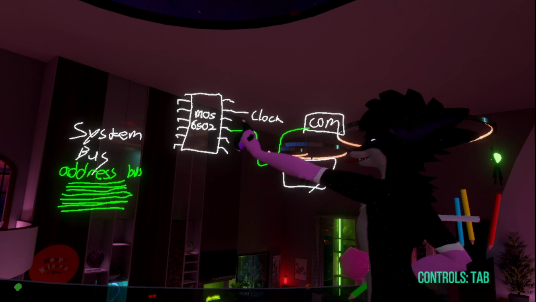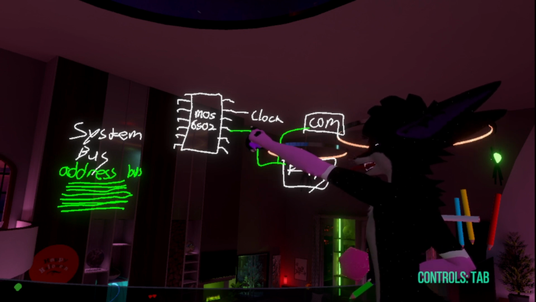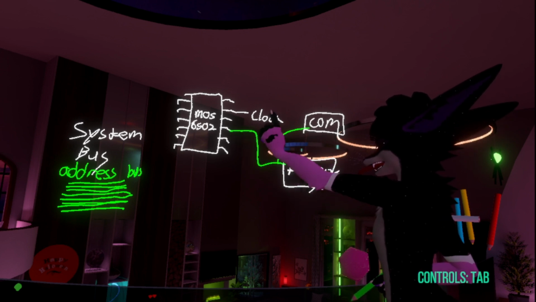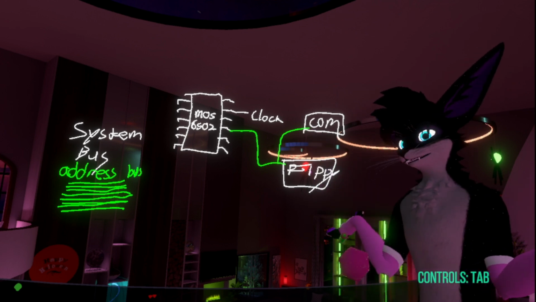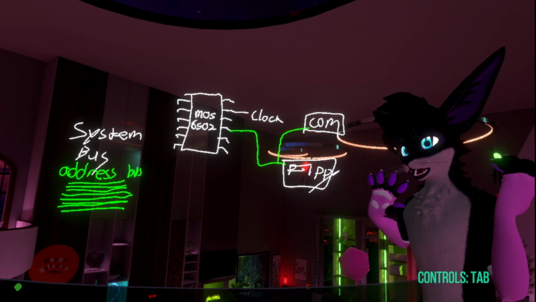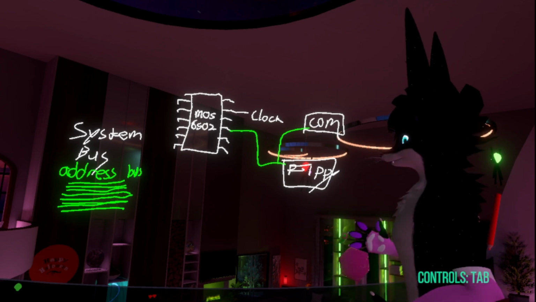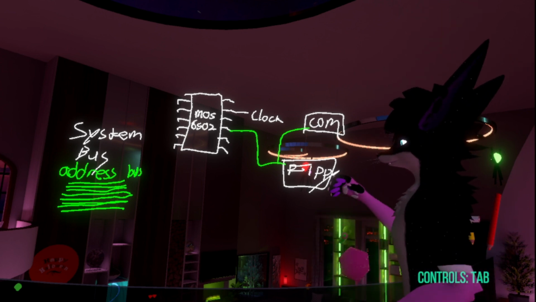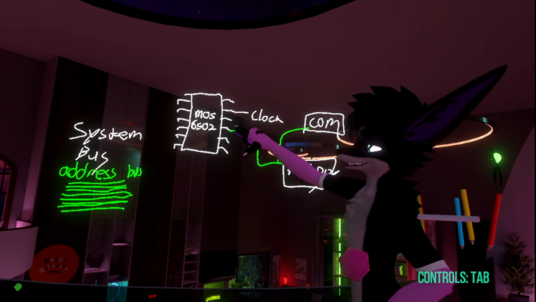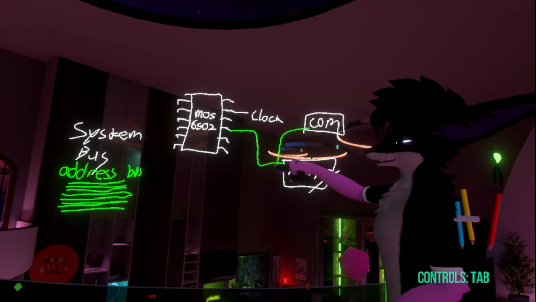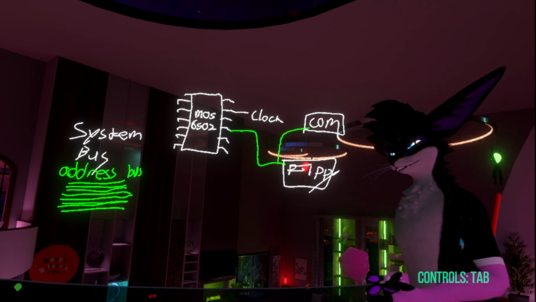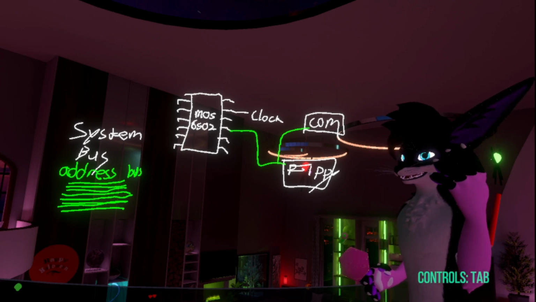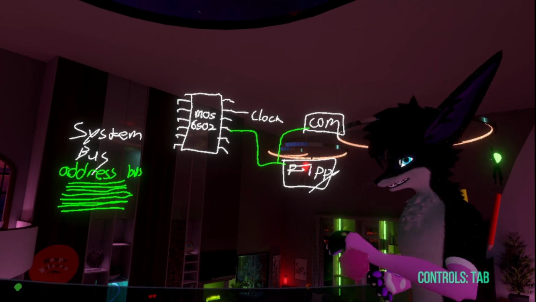The CPU tells this thing, hey, I want to access the floppy drive controller, to get some files or write files to the floppy disk. It will communicate to this one only, through a specific address, which is a combination of 1s and 0s.